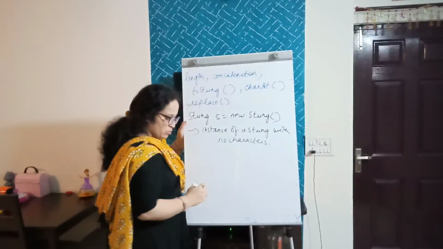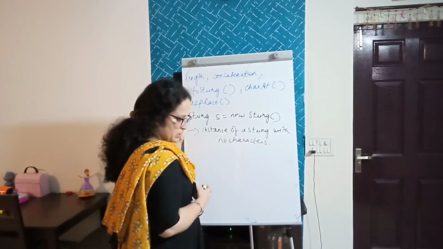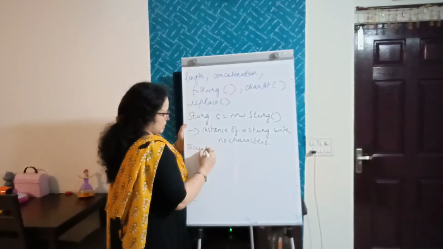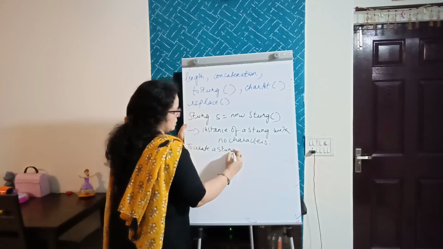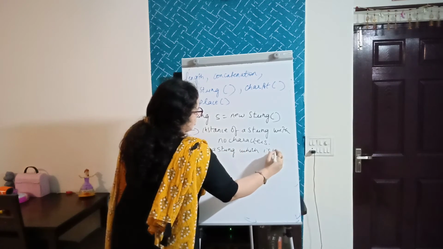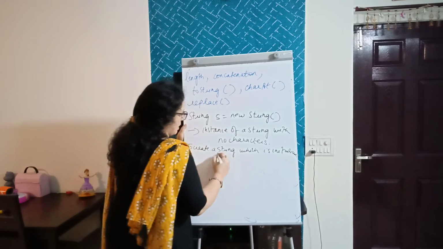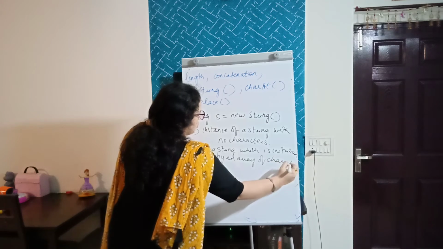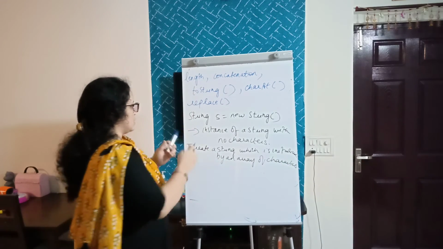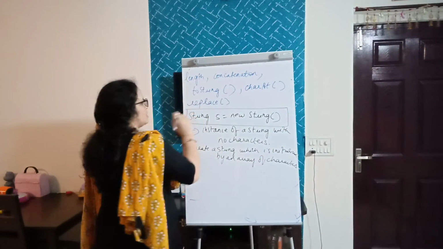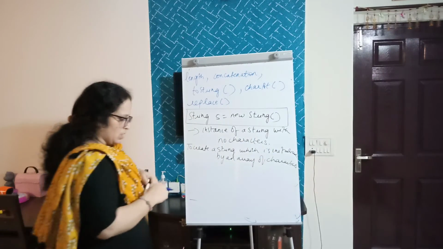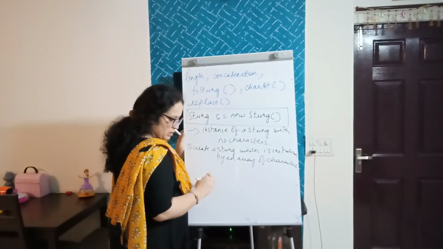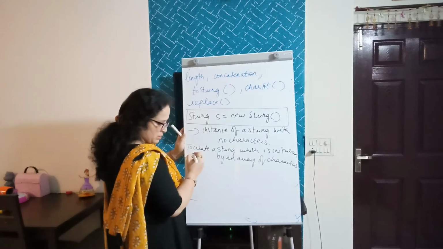Okay. And if you want to create a string which is initialized by an array of characters, how are you going to do it? For that, this is the syntax that an instance has been created with no characters in it. So that is a default constructor which we are using over here. Now, if you want to create a string with the characters in it, with an array of characters, the syntax will be